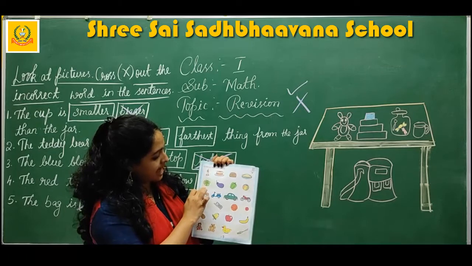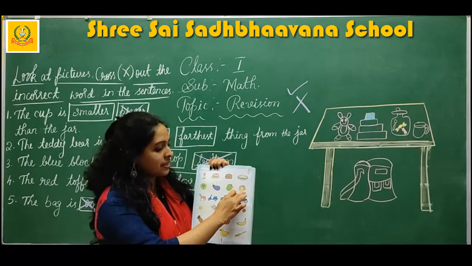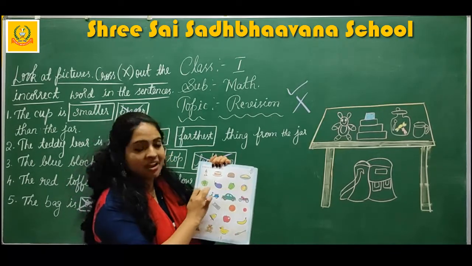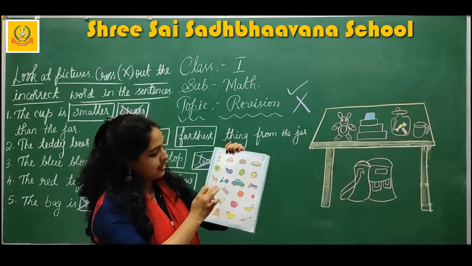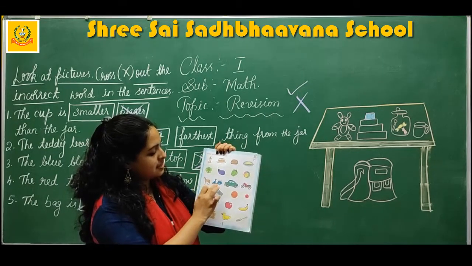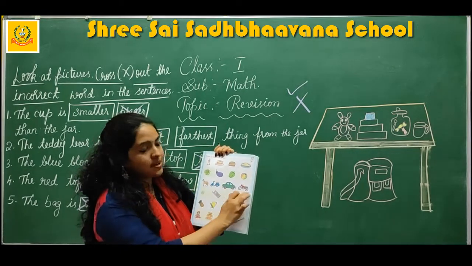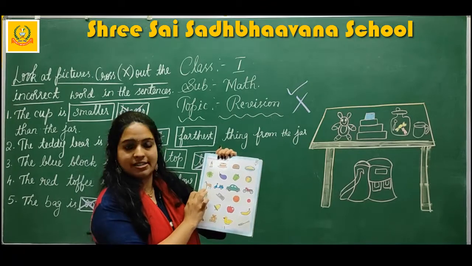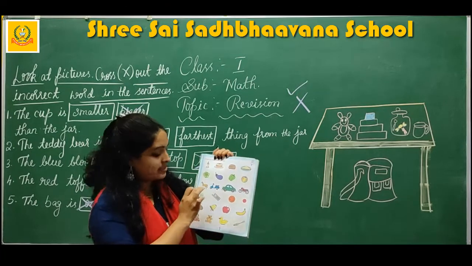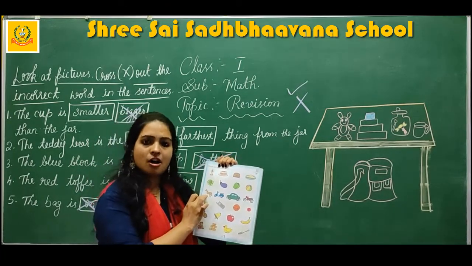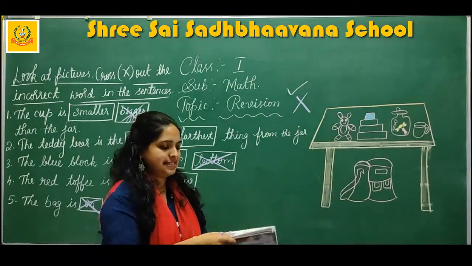Right? See the second one. Second one here is given cabbage, brinjal, capsicum, ball. So which one is the odd one out here? Ball, because these three are vegetables. This is not a vegetable. So you have to cross out this ball. Yes, here you see horse, scooter, car and motor bicycle. So here which one is not suitable? Horse. Horse is an animal. Other than this, three are vehicles. So you have to cross out the horse. So will you do this page like this? I hope you will do it. Okay. Next.